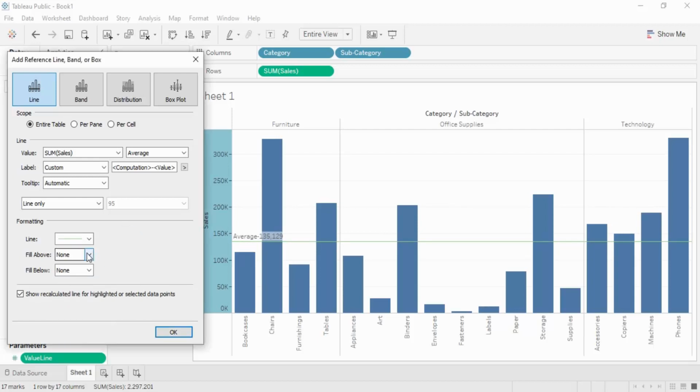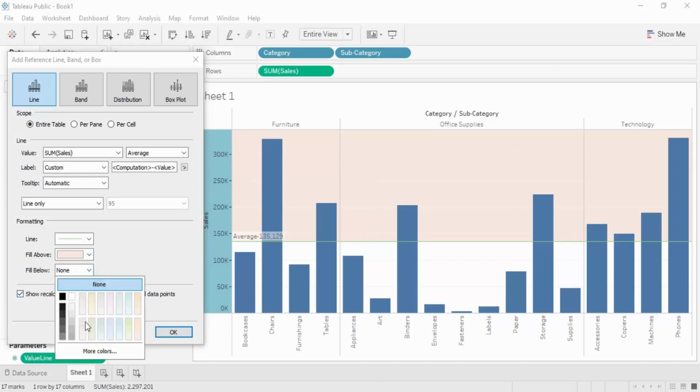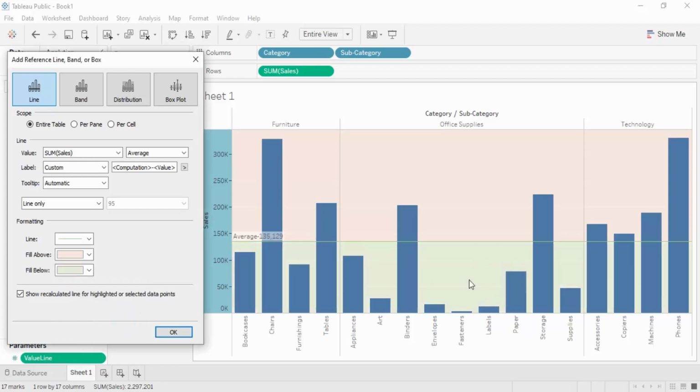Then there is a fill above or the fill none option. If you want to fill above the average line, you can just select it. So this chart would be filled above the average line, showing which categories are above average. If you want to fill below with, let's say, another color like green, then this is how it is filled and this is how it is looking. So this is for a reference line. That means the main point is the creation of the reference lines, and the area below it and above it have been selected, right? Let's just click it to none and bring it back to normal.